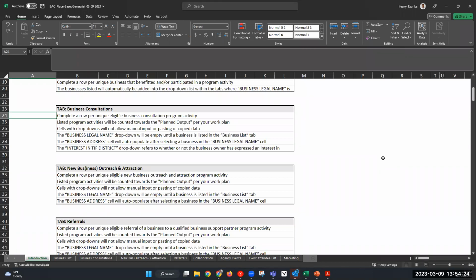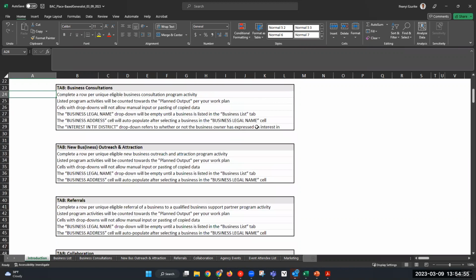The interest in TIF district dropdown refers to whether or not the business owner has expressed an interest in the business TIF district. And as Afania mentioned, this will be forthcoming, a required field for you to enter. So I think it's a good practice to start soliciting that information now and inserting that information now.